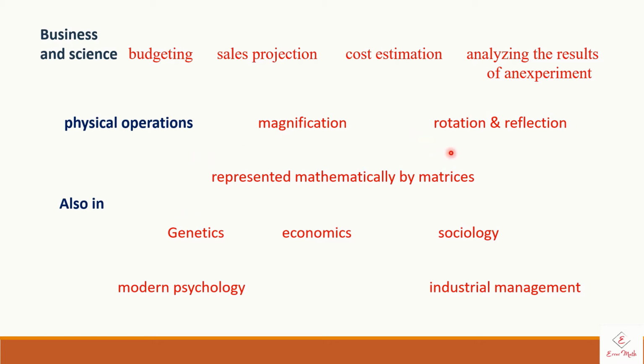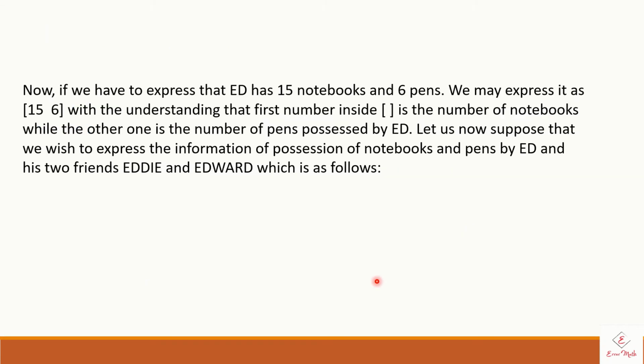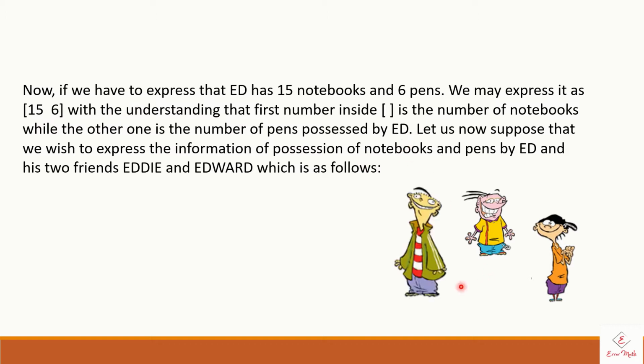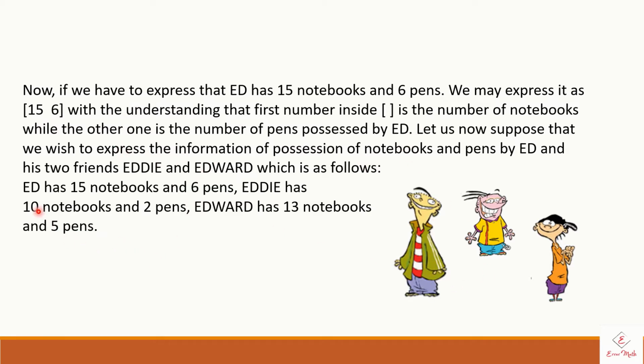So हम एक example लेके देखते हैं कि किस तरीके से हम कोई भी एक data को एक matrix में represent करते हैं और क्या matrix का एक representation होता है. Let us take an example where our friend Ed has 15 notebooks and 6 pens written inside these square brackets in this manner. Also his two friends Eddie and Edward have also some notebooks and some pens. So in total Ed has 15 notebooks, 6 pens, Eddie has 10 notebooks, 2 pens and Edward has 13 notebooks